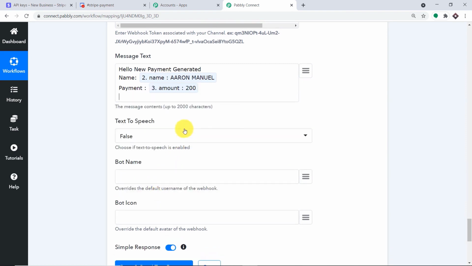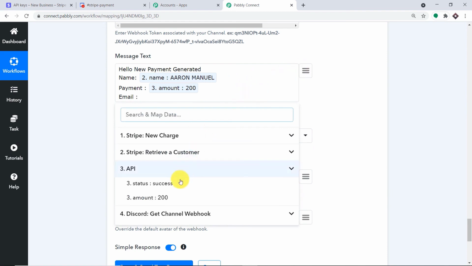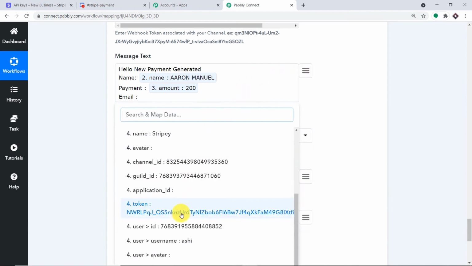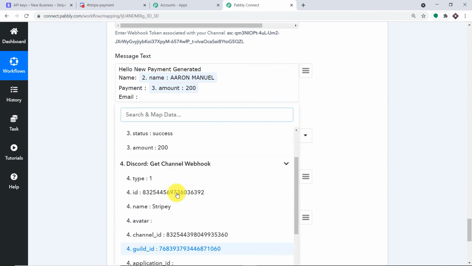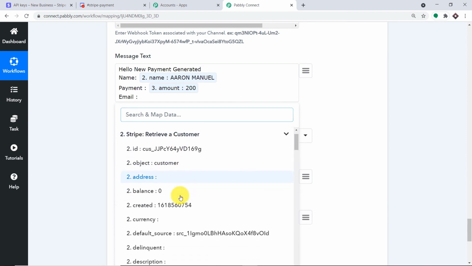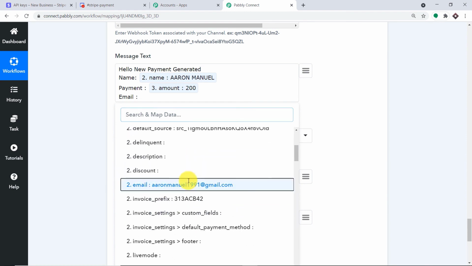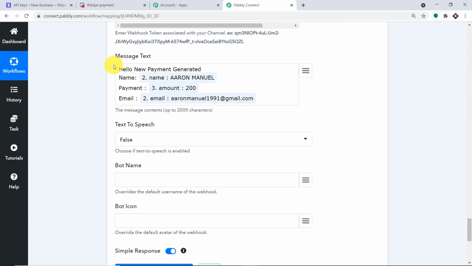Now coming to the last part, name, payment, and okay, we can add also the email. So this is the email. I'm sorry, the email will come from here once again. So this is the email and we have mapped it. Excellent. So this will be our message text. Hello, new payment generated. Name is Aaron Manuel. The payment is 200 and of course we can add dollars. Okay, and this is the email